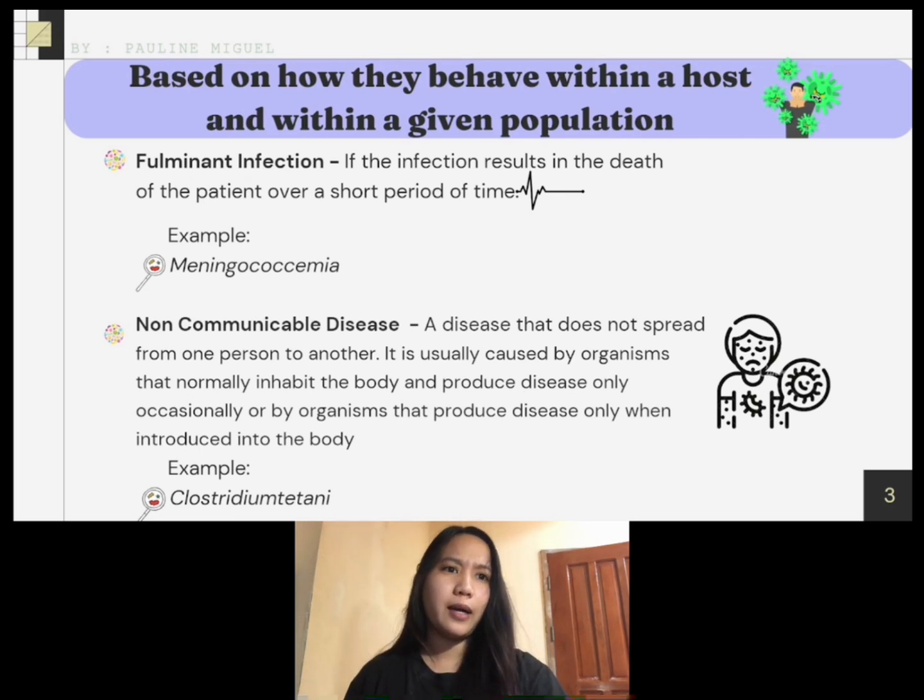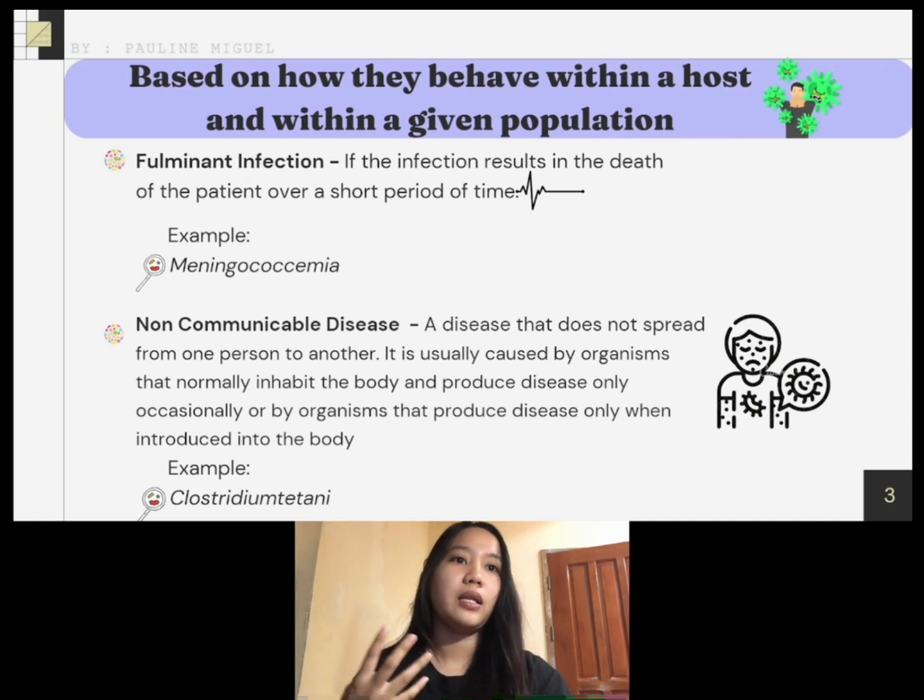So, ito naman yung mga communicable disease, ito yung mga nakukuha natin through another person, or yung disease na nag-i-spread through one person to another person. While sa non-communicable disease, ito naman yung mga hindi nag-i-spread or hindi galing sa ibang tao papunta sa kabilang tao. Well, instead of,